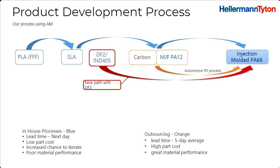The great thing about the outsourcing is some of these high-end printing machines, which can cost hundreds of thousands of dollars, up to $500,000 for these machines, give you great parts, but man, are they expensive, and they're hard to bring into a company to use, which is why we were